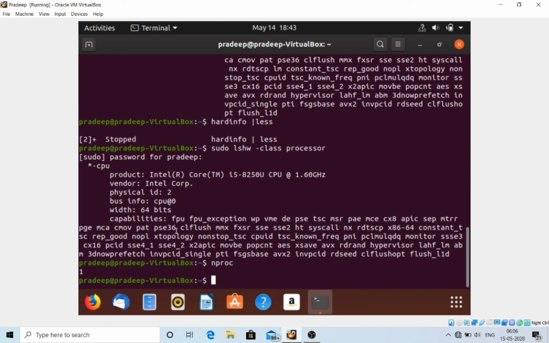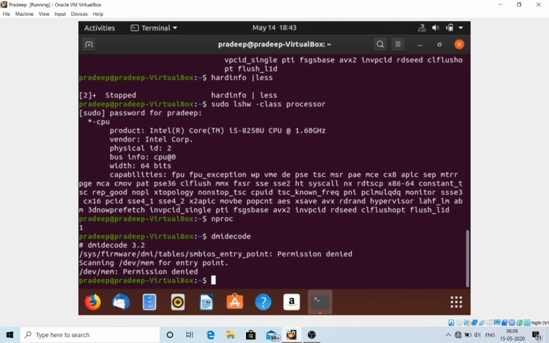So you have to type only dmidecode, and you can see here you have to give the permission: scanning /dev/mem for entry point. Basically we cannot see the information, it shows only the DMI code, which is 3.2.